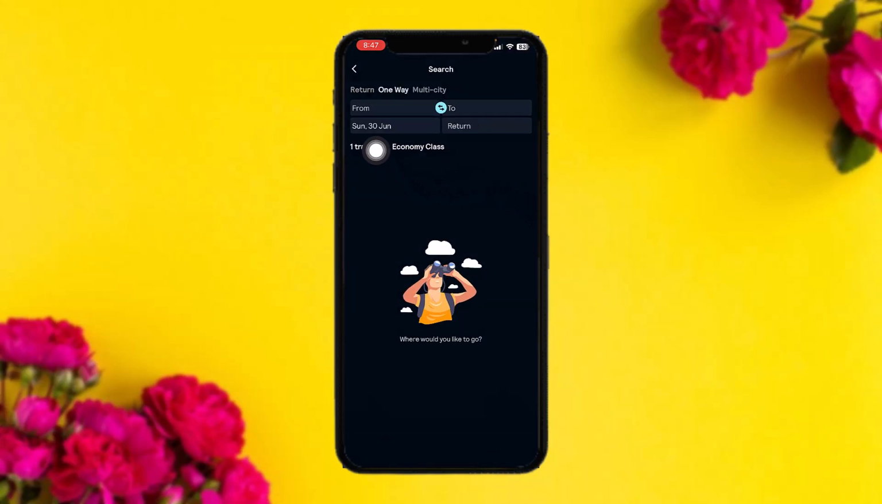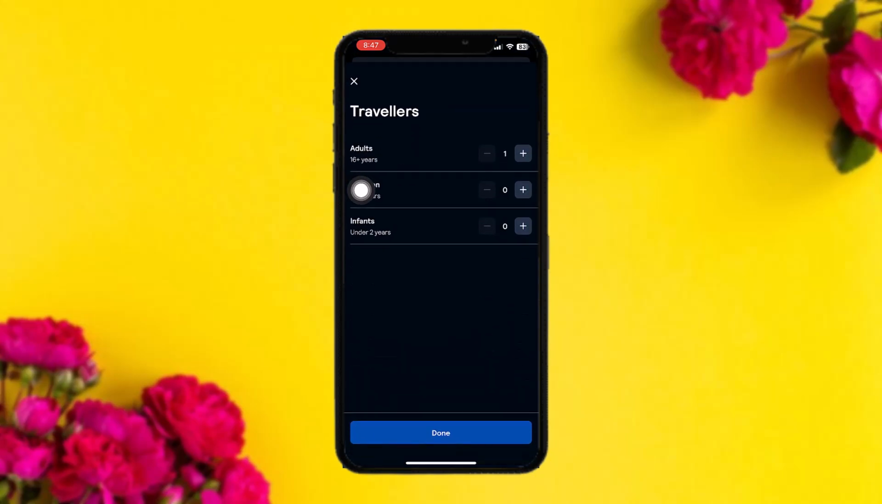And here you will have an option for the traveler. You can select the passenger quantity as well. Like if you are traveling with 2 adults, then simply tap on the plus button to increase the number. If you have children, select the number of children, or infants, and do the same for the infants, and